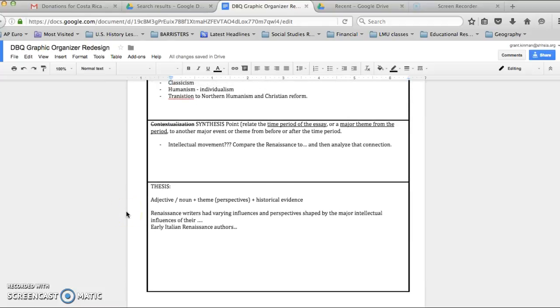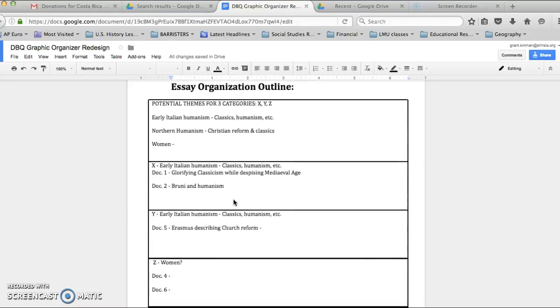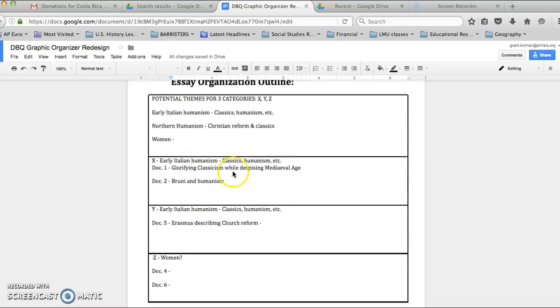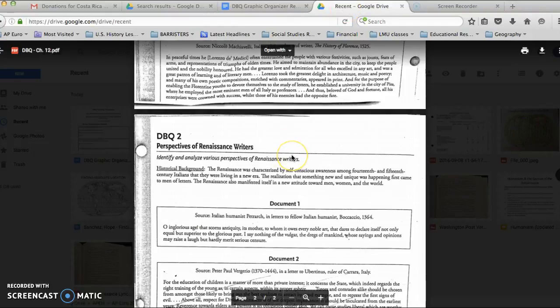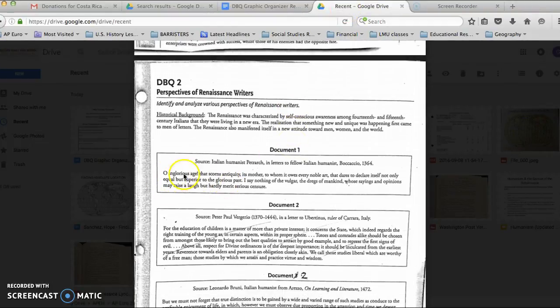So all you're doing is outlining all of these things. So a basic outline, you'd want to expand document 1, glorifying classicism while despising medieval age. That's actually pretty clear. And then when you actually write your essay, you're either going to use a part of that text, right? You're going to look at document 1 and you're going to use that first line and say,